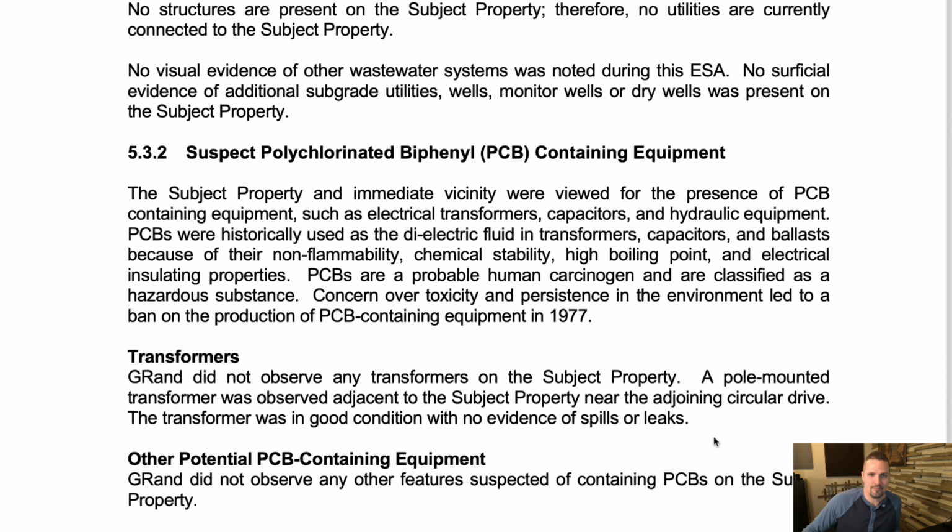And this part right here, suspect PCB containing equipment. So PCB, I actually had to ask about this because I wasn't sure what that meant, but that's basically a type of fluid that is used in transformers, capacitors, elevators, any kind of hydraulic lift that is a contaminant. So if you did have a property that did have those kinds of features in it, you would want to look at that. Again, this is really simple because this is a vacant lot, so nothing going on there. Transformers, so there's no transformers on this property. Not the cars and trucks that turn into robots, but the electrical utilities.